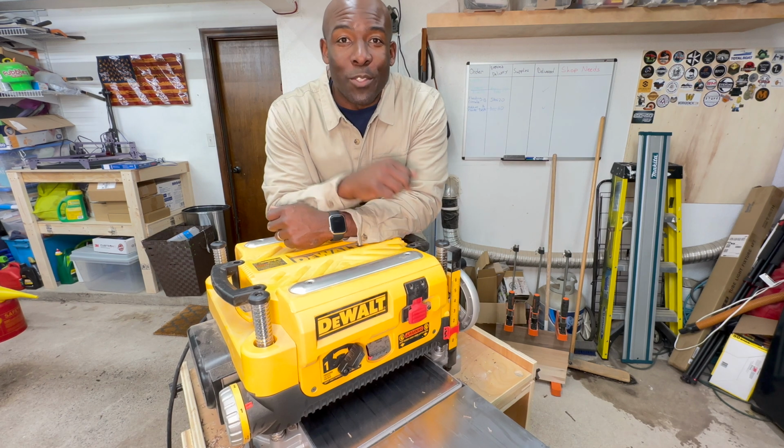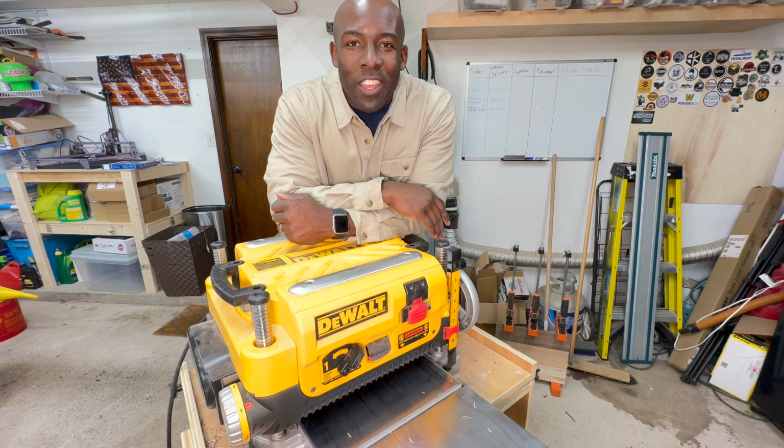There's one thing that sets this DeWalt planer apart from all of its competitors. And that one thing is its...